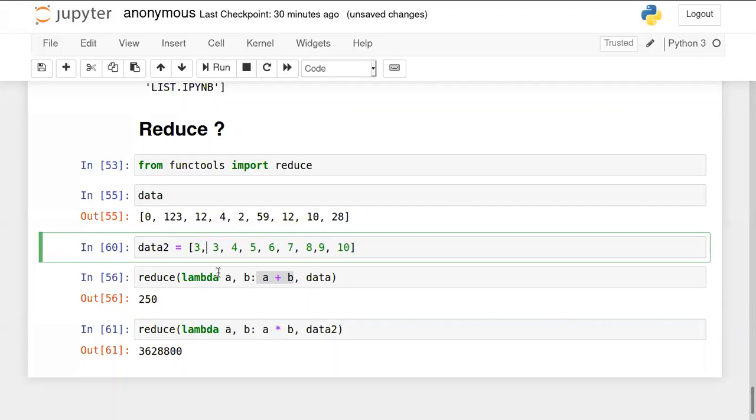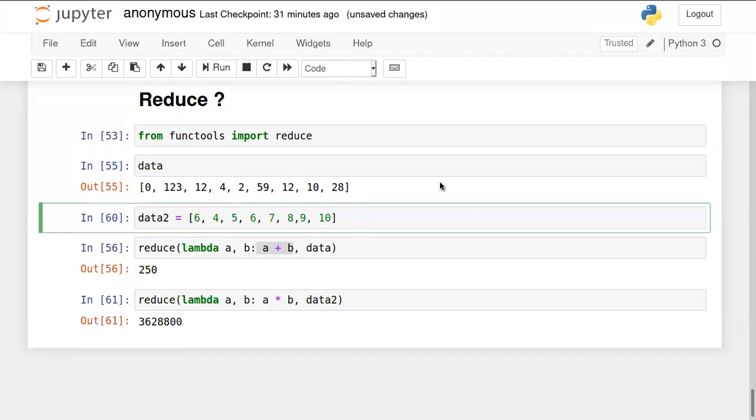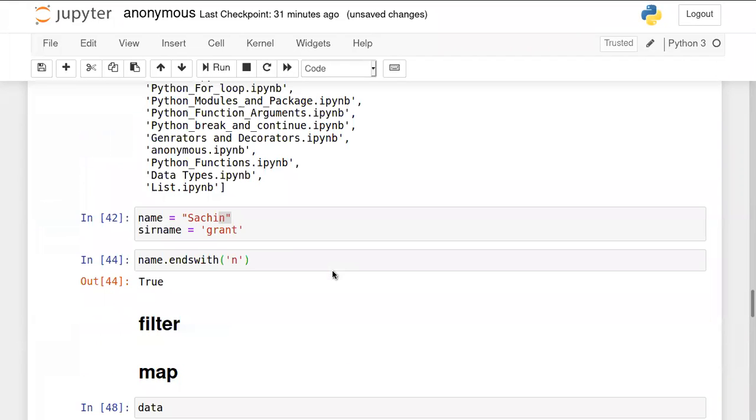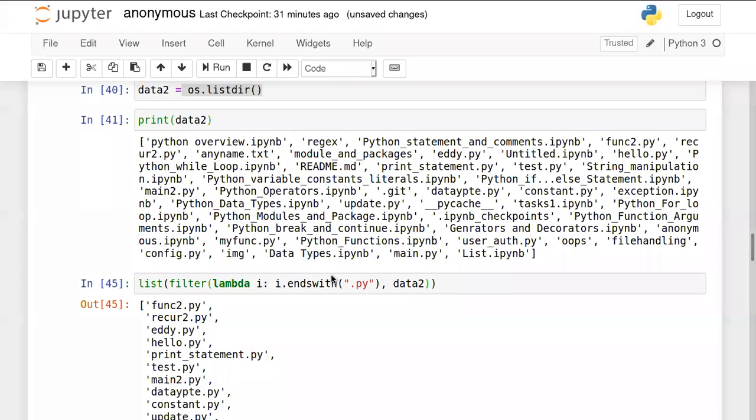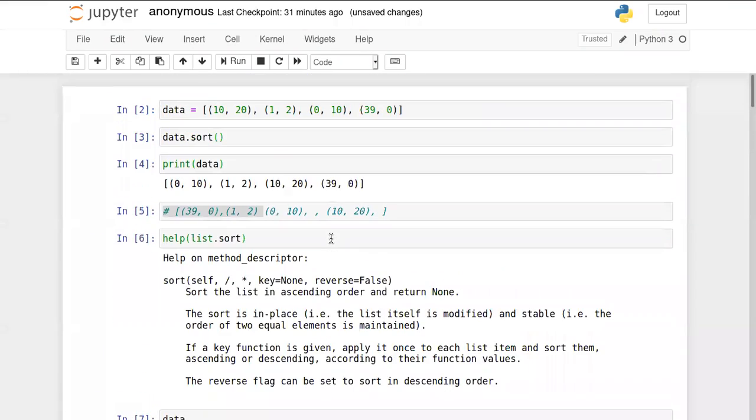The second time, when the next statement executes on this particular iterable object, it will take the next two elements. This time it will return the 6. Okay, that's how reduce is going to work in your program. So now this time it will add 6 plus 4 and so on until 10. Okay, that's how reduce works in your program. Let's move ahead. So that's how you're going to use lambda, map, filter, reduce in our program, and these are called anonymous programming,